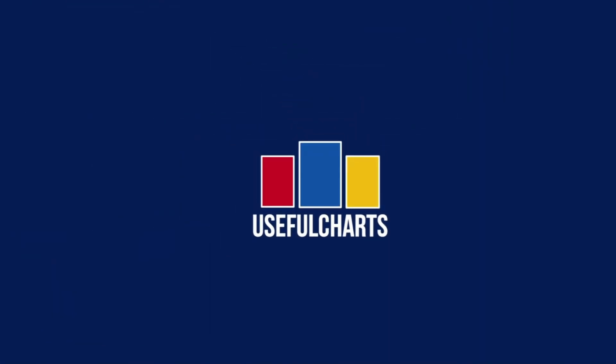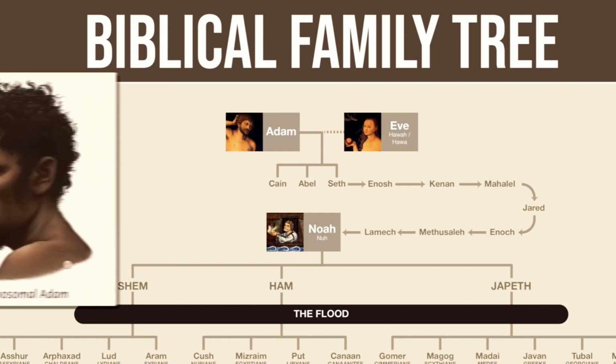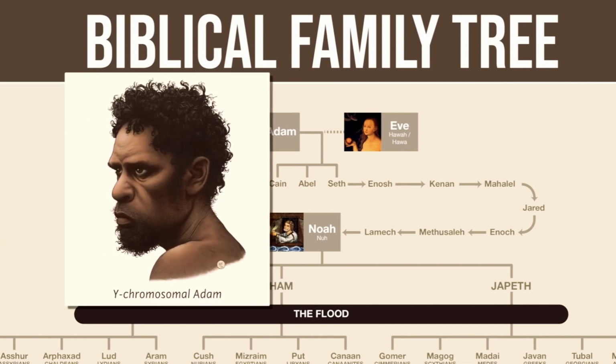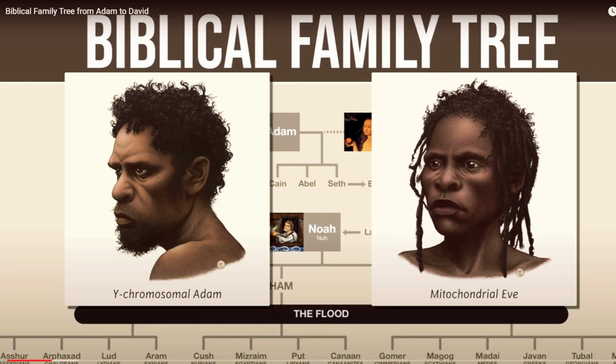It's a very cool concept. According to the book of Genesis, the first two humans were named Adam and Eve, and they were created directly by God. Now, according to modern DNA research, all humans alive today can in fact be traced back to a single male ancestor, which scientists have cleverly named Y chromosomal Adam, and a single female ancestor named mitochondrial Eve. But he's gonna say something else, but yeah, that's what I meant. So I was right. So you can trace also to Adam.